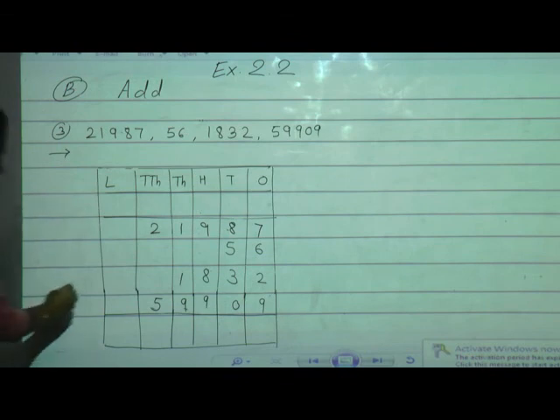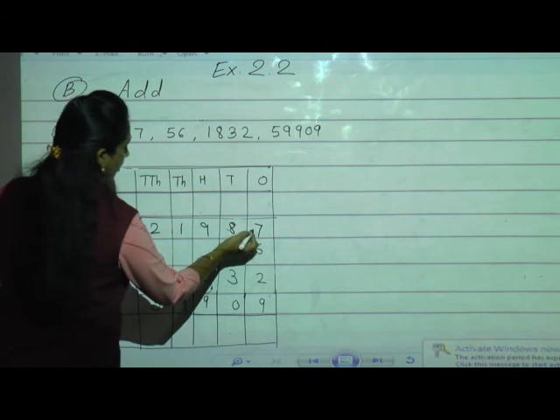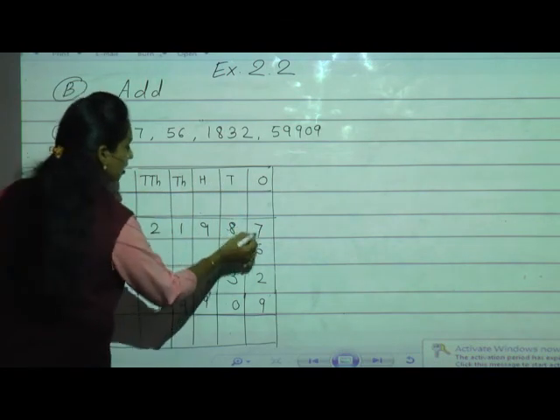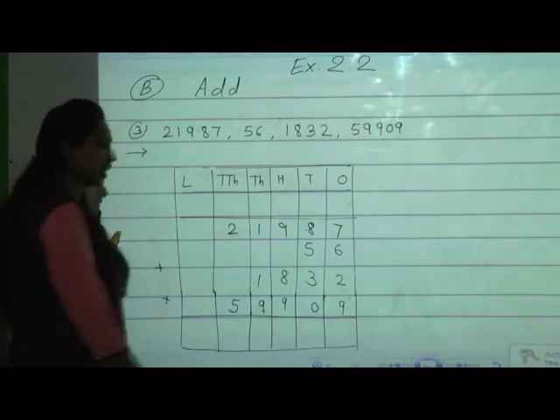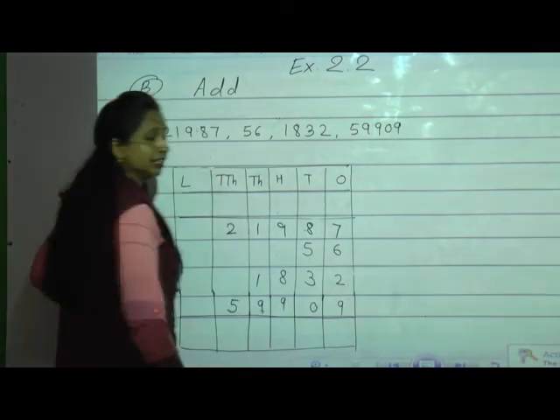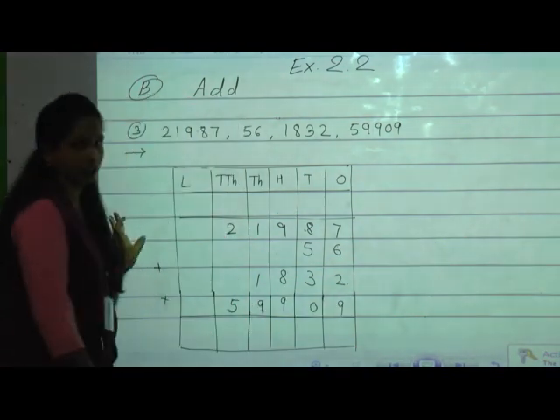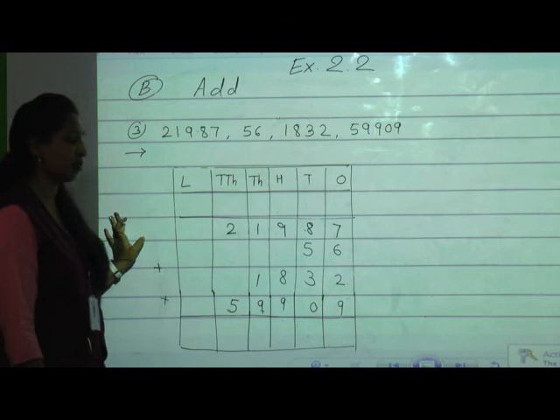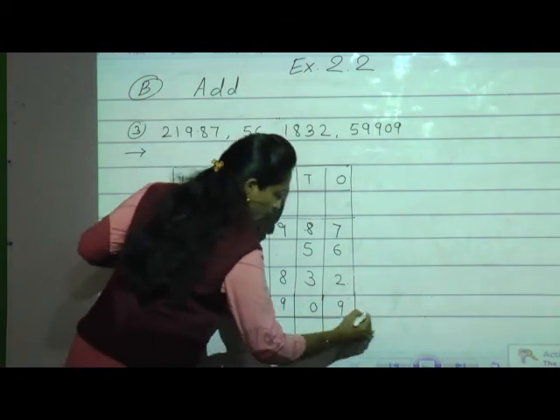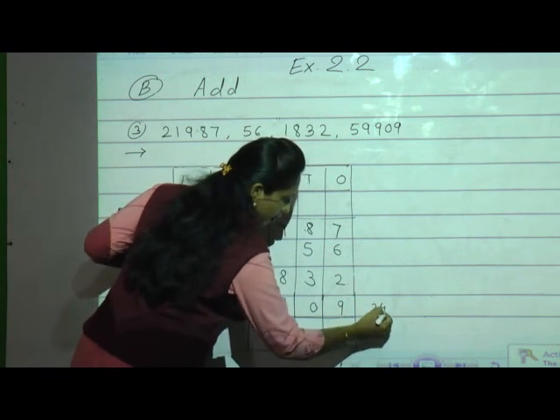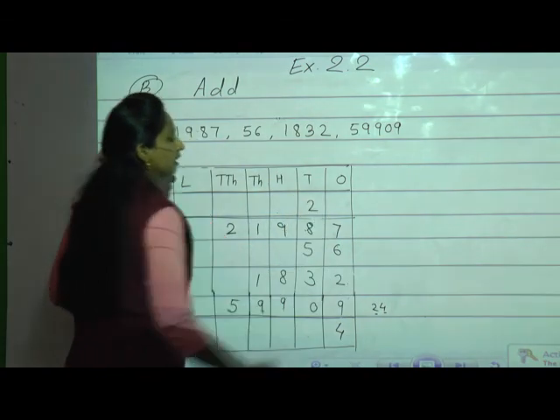Okay. Now we will add directly. We are not going to add on fingers. Now just add in your mind. 7 plus 6. Yes students. 13. 13 plus 2 is 15. Now 15 plus 9. Yes. Just think. 15 plus 9 is 24. So how will we write 24? 2 on the ones place, that 2 tens will carry to the tens place.